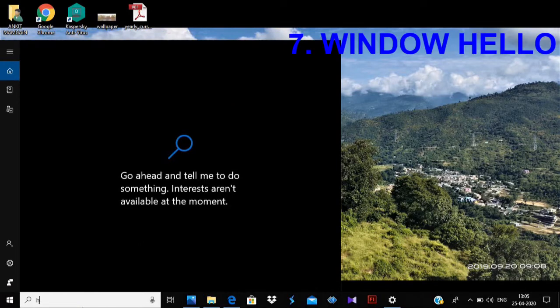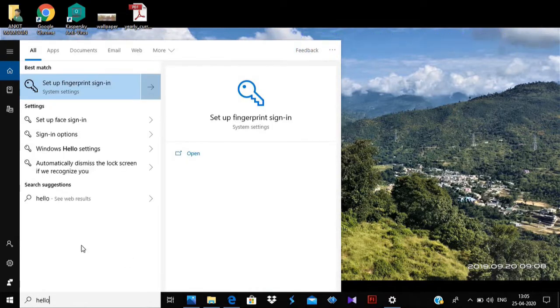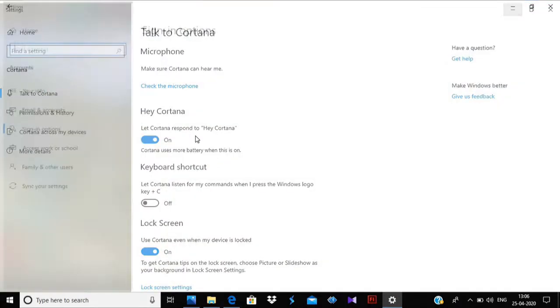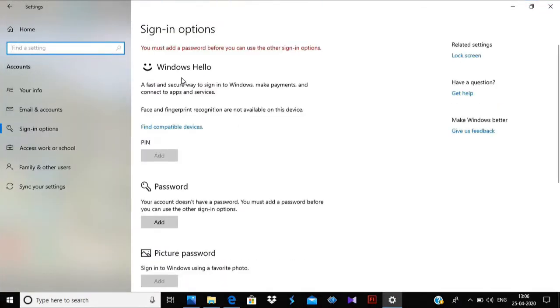Last feature is Windows Hello. So this is the Windows Hello feature. See, this is the Windows Hello feature. Type here hello and you can open it. What is the Windows Hello feature?